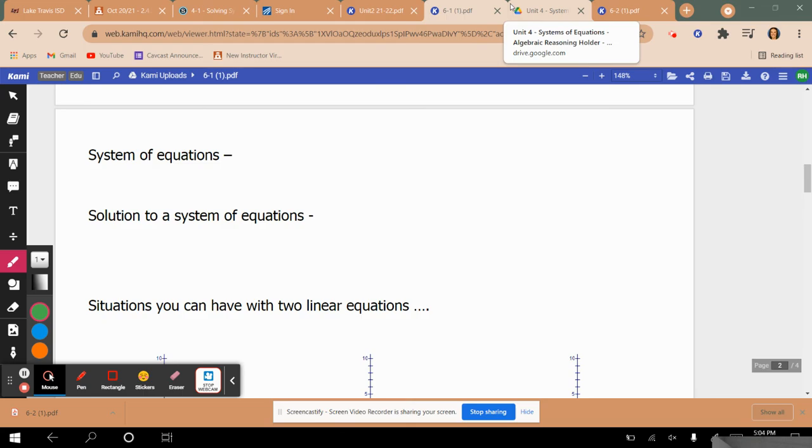So a system of equations we can define as, let me make sure I give you the right actual definition. In layman's terms, we can define it as